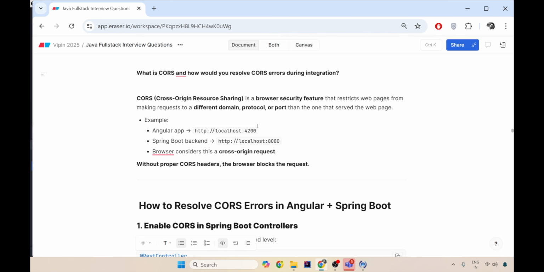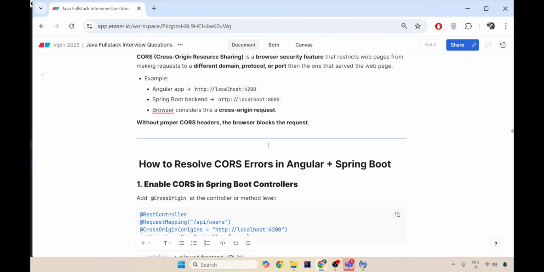And how do you fix it? Using the cross-origin request. The browser considers this cross-origin as a security issue, and hence the browser will block all the requests you are trying to give from front end to back end. Your request in Chrome will never be able to hit your back end, because the layer between the front end and the back end, that is the browser, stops and blocks it. And how would you resolve it?